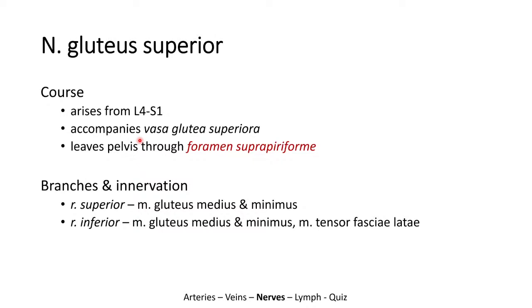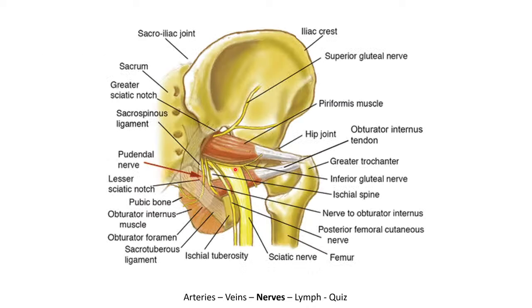Alright, next one will be nervus gluteus inferior, and it is accompanied by vasa glutea inferiora, but it will leave the pelvis through foramen infrapiriforme. So it means below the piriform muscle, so it will be this one here. It will course laterally under the piriform muscle to supply musculus gluteus maximus. Sometimes you can see it on the interior or internal surface of musculus gluteus maximus when it's reflected. So look out for that